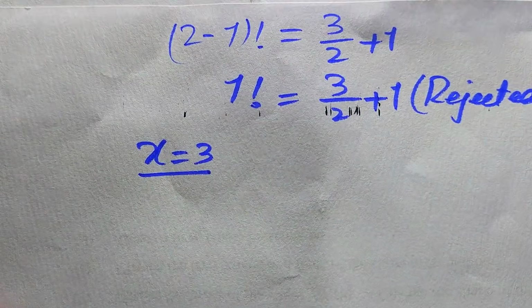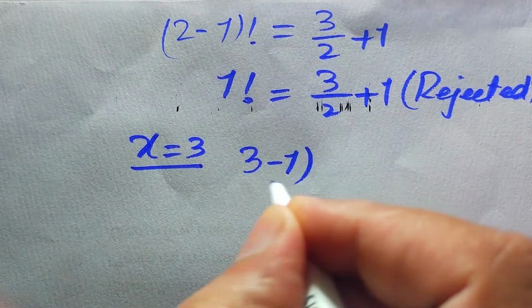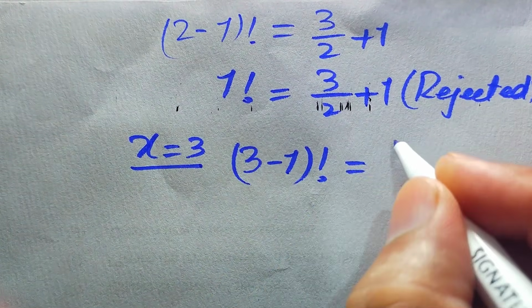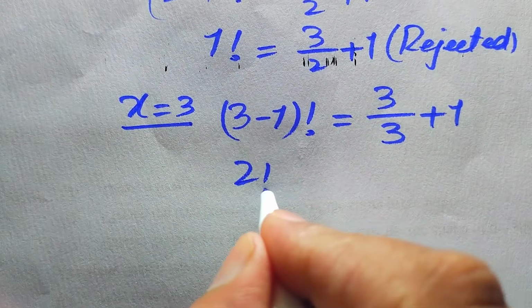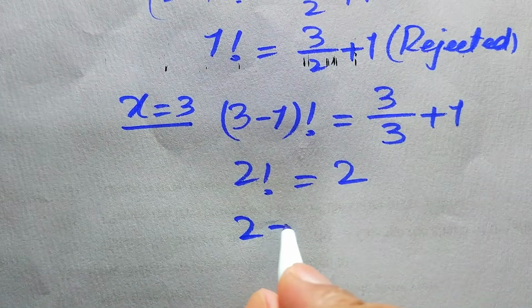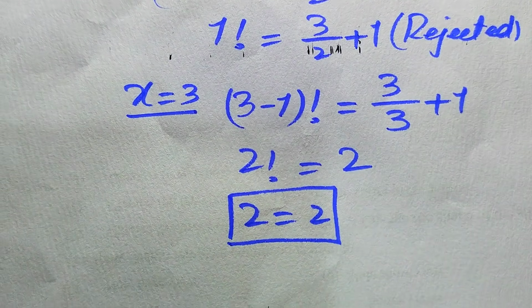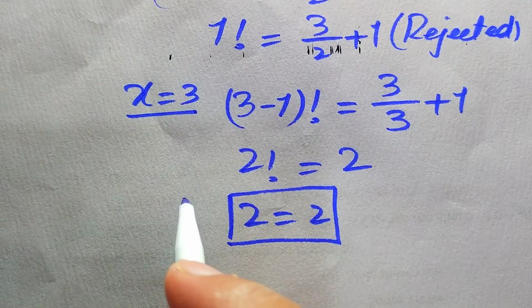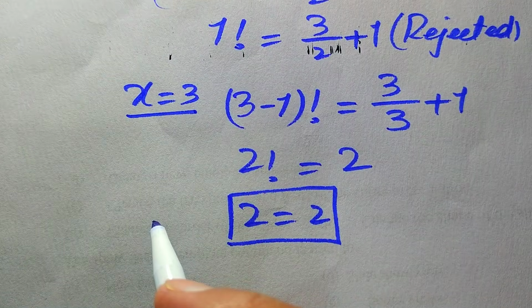So when we put x is equal to 3, our above equation is written in this form. We have 3 minus 1 factorial is equal to 3 divided by 3 plus 1. So 3 minus 1 becomes 2 factorial is equal to 1 plus 1, which becomes 2, and we get 2 is equal to 2. So this shows that both sides are equal. It means that the value x is equal to 3 satisfies our given equation. So we just conclude that